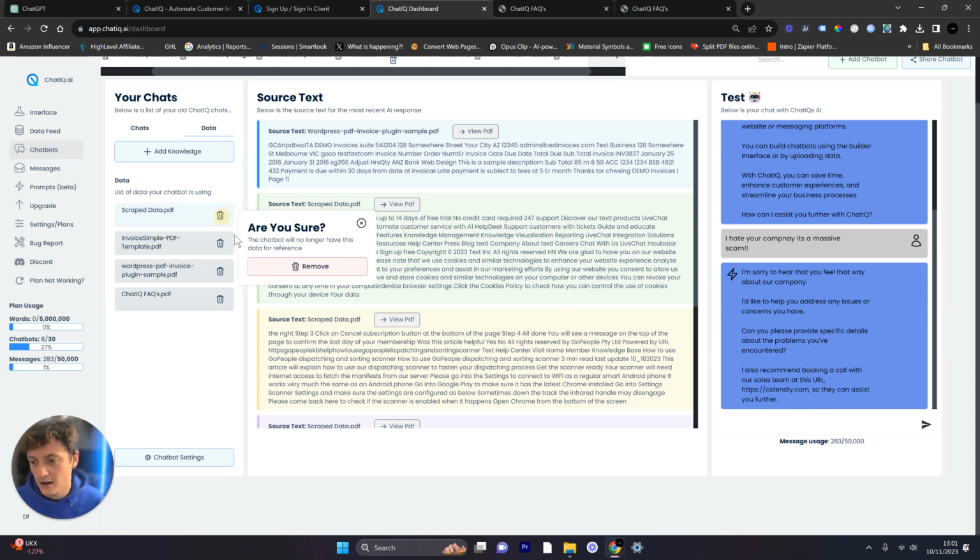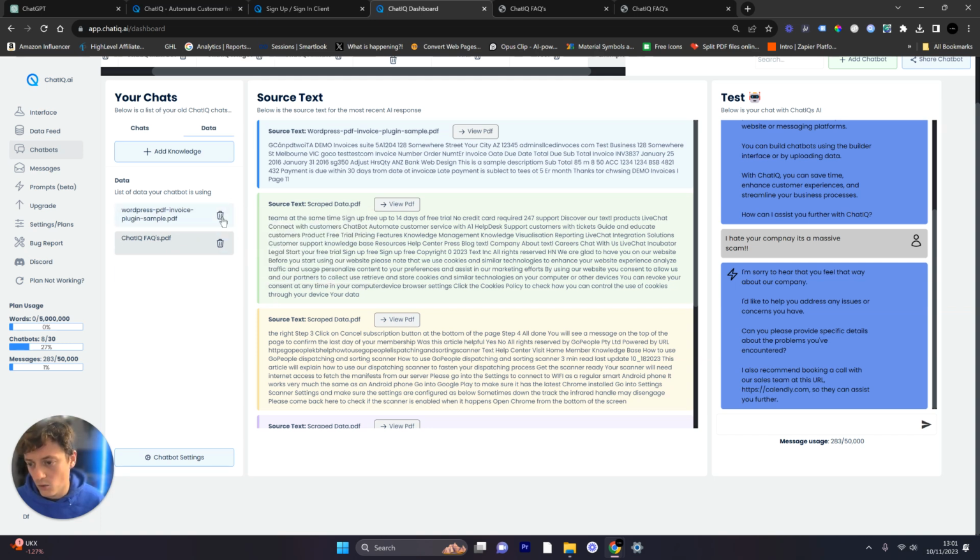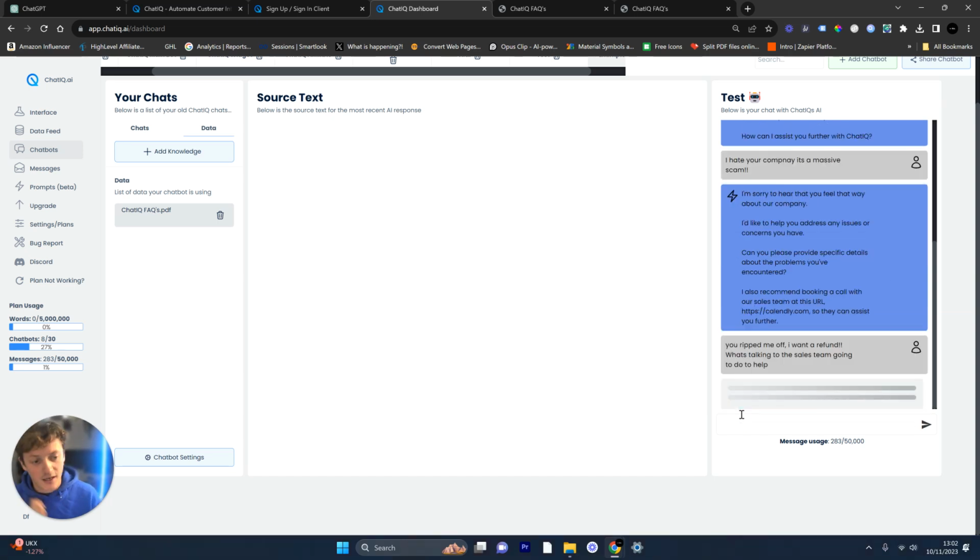So for example now, I'm just going to delete this scraped data. I don't want it to reference that information. I also don't want it to reference this one or this one. And I'm going to say, "You ripped me off. I want a refund." I'm also going to say what's talking to the sales team going to do to help. So I'm going to see if it can actually manage both of these at the same